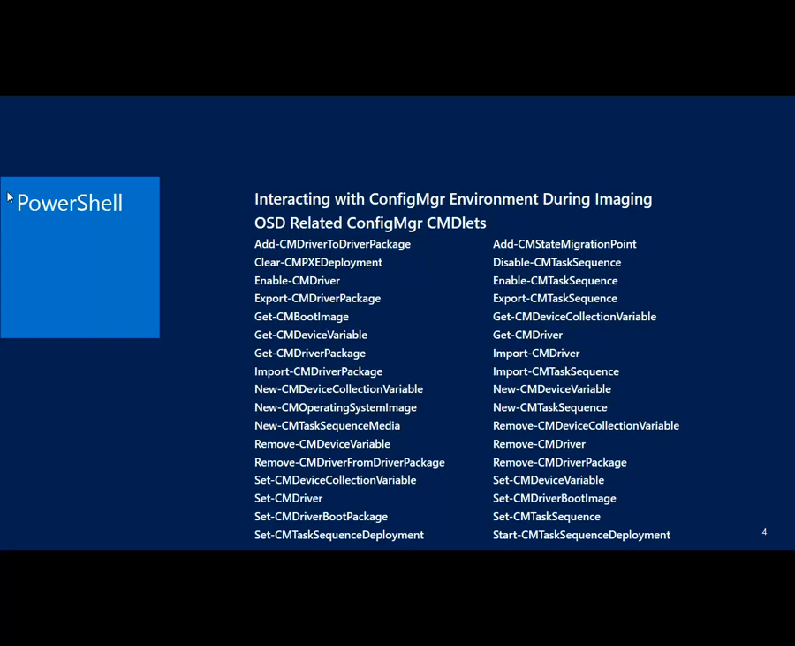down here. Remove CM, there's no CM device. Well, this is just all the OSD stuff, but there is an equivalent. Remove CM device from collection, I think is what it's called. All right. So that's